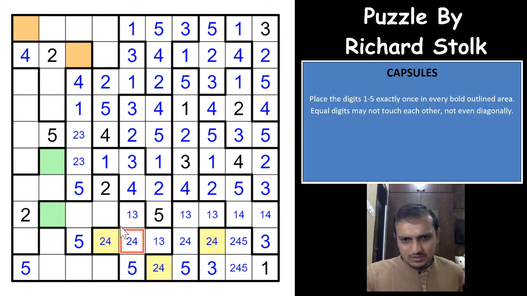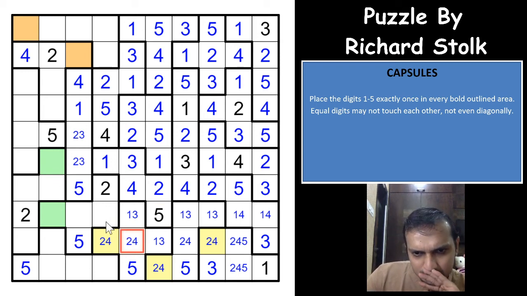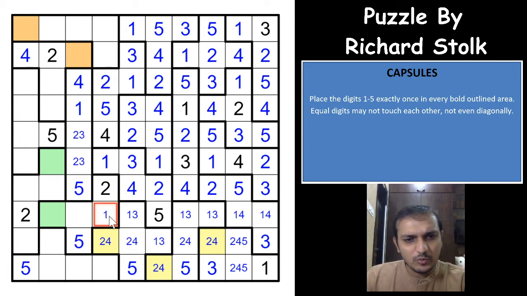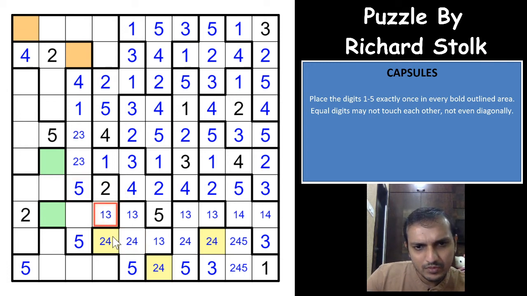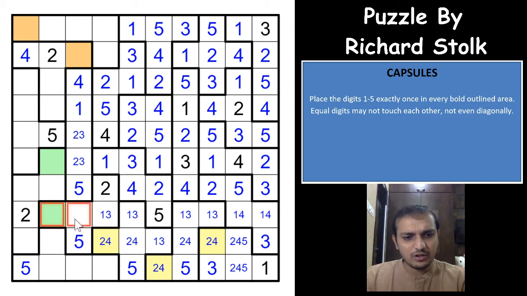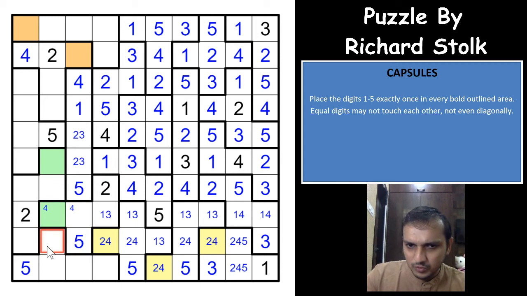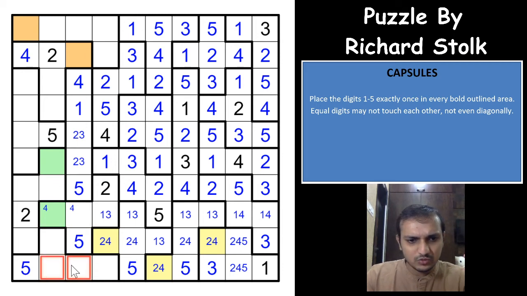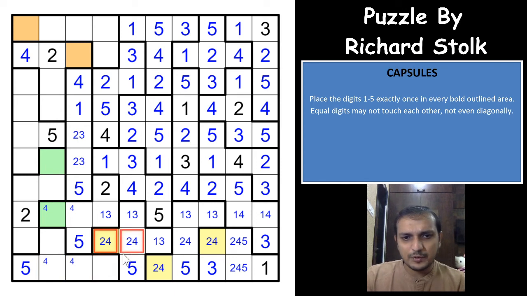That's nice. 2, 5 to 4. This would have to be 1 and 3. Where a 4 can go in this region, a 4 would have to be in one of these two cells. That eliminates 4 from this cell, that eliminates 4 from this cell, so 4 would have to be in one of these two cells. 4 in from this cell because of the 2-4 pair here, right?